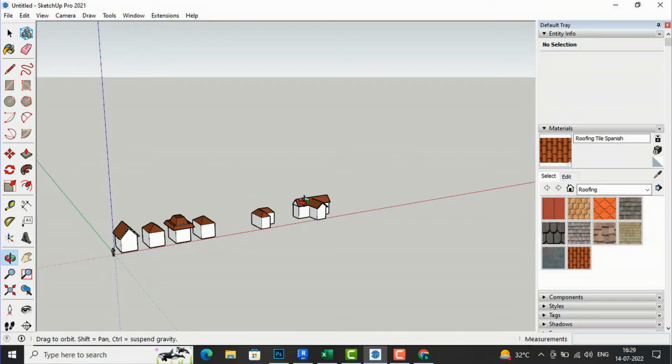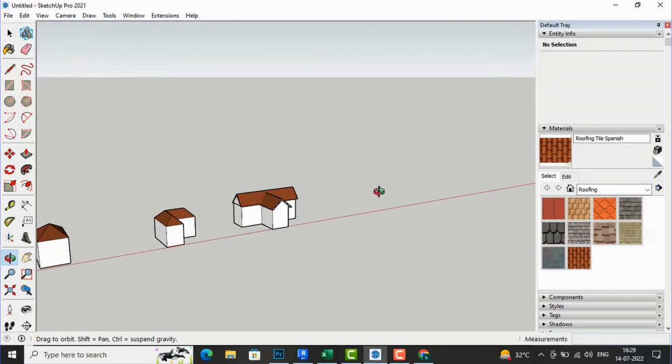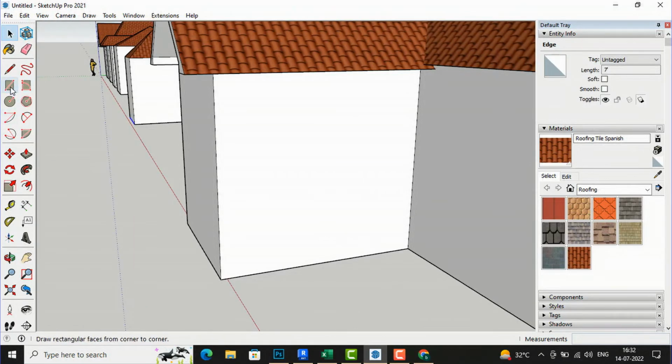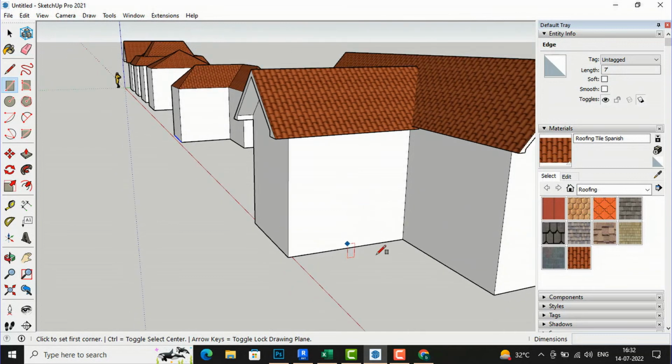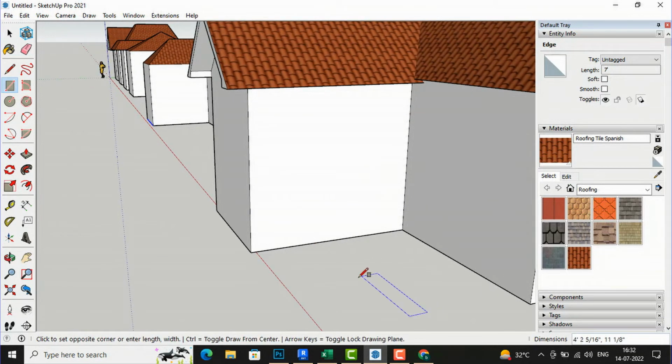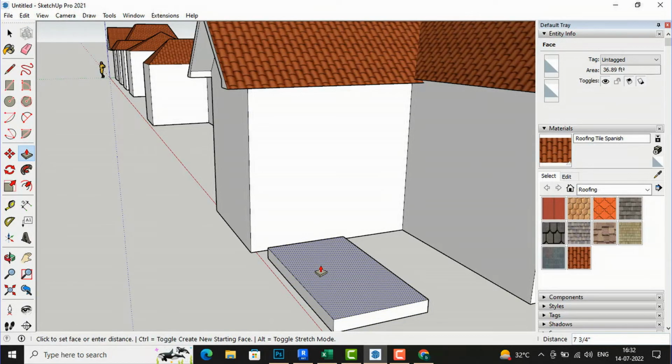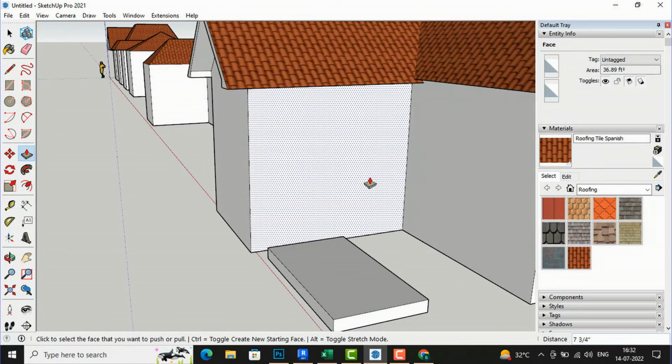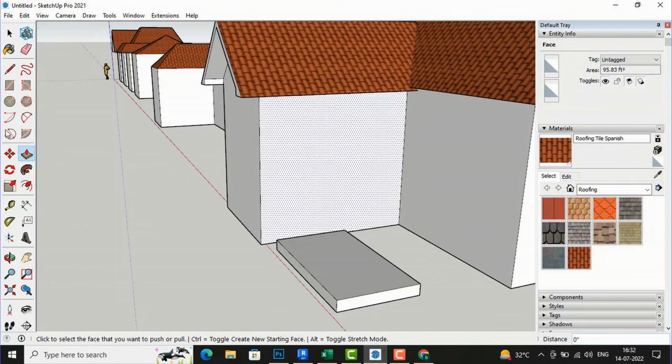Next I am going to draw lean roof, so you can call it shade roof, roof shade, and you can call it as inclined roof also. So now I'm going to tell you how you can draw shade roof. So for this I'm going to draw a rectangle here, and you can draw to any desired shape, and I'm going to use extrude here, and I will extrude this to any thickness, and now I'm going to